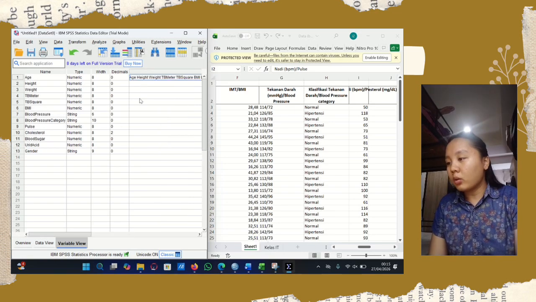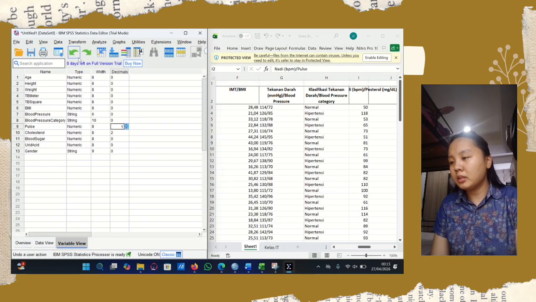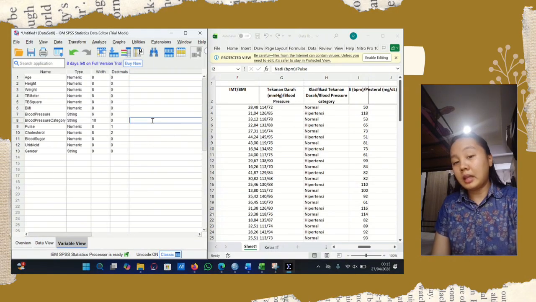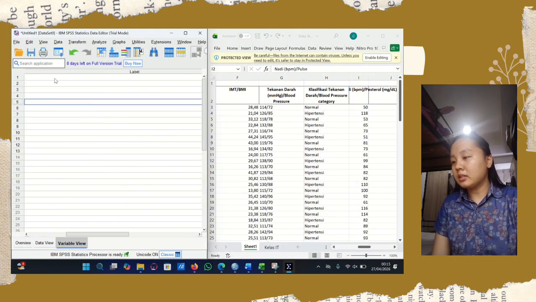Next step, I forgot to change the decimal, and then I go to label. I just copy the names that we changed earlier.